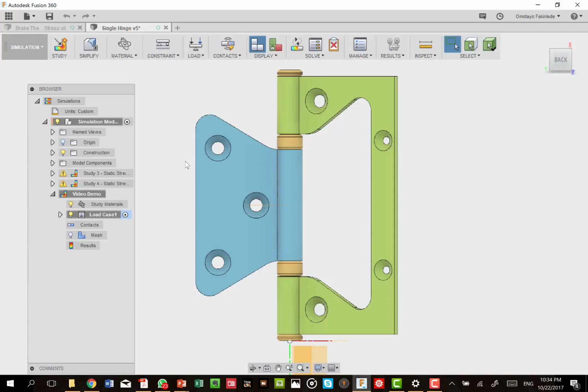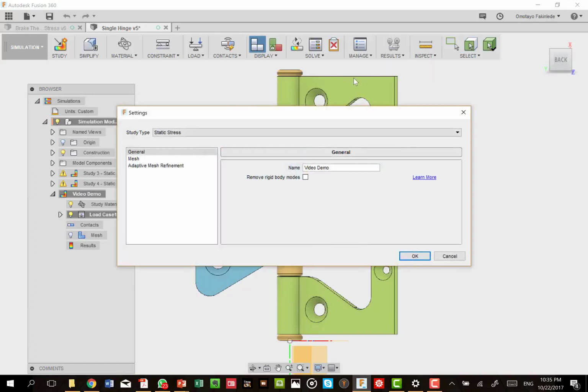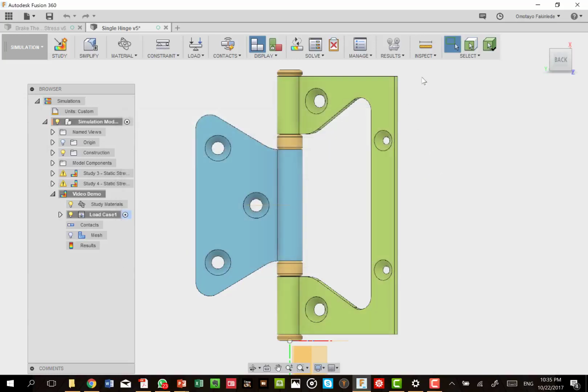Number 3, which we might have already done earlier, is the meshing settings. We could set the meshing settings early. We can set them late. So it all depends on us, because if you have not set the meshing settings well before, you can come to manage here, and settings will give you that same menu that we saw earlier on. So we can cancel that. So we do the first thing, as we said, which is to set the constraints, then the loading, then the mesh settings.